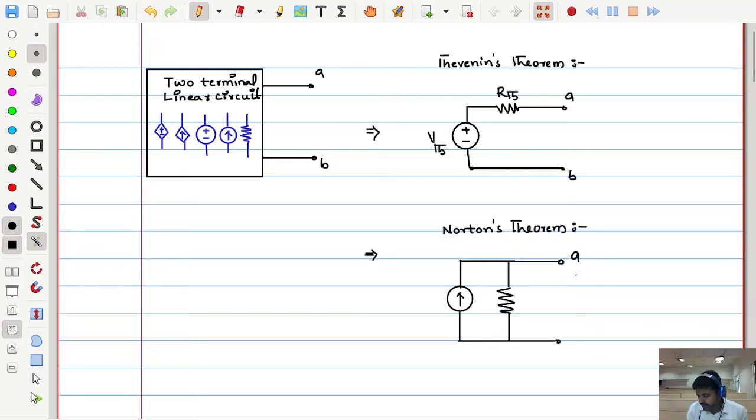As like this, A comma B terminals, and the single resistance is Norton's resistance and